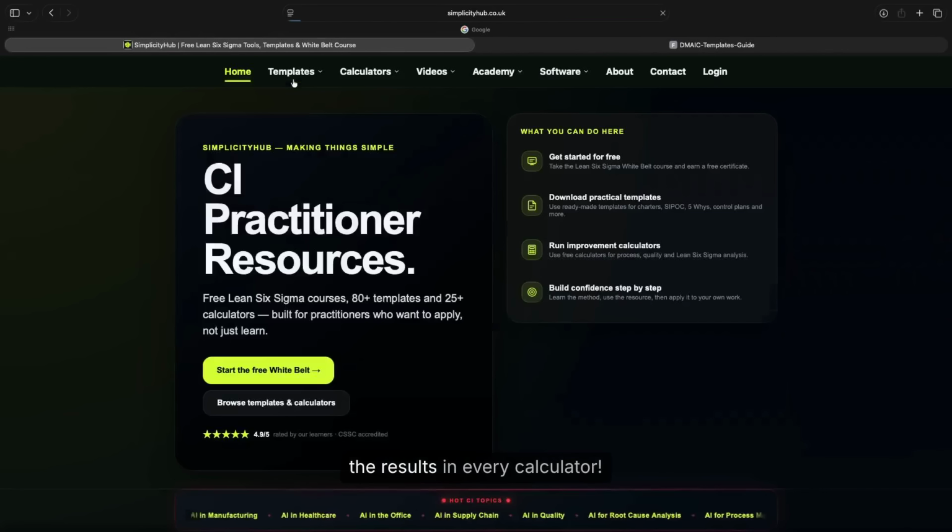Every template has our DMAIC templates PDF pack available to read or download, with over 75 template descriptions, blank templates, and worked examples. You'll also benefit from our calculator section, which hosts web-based statistical tools that you can simulate results